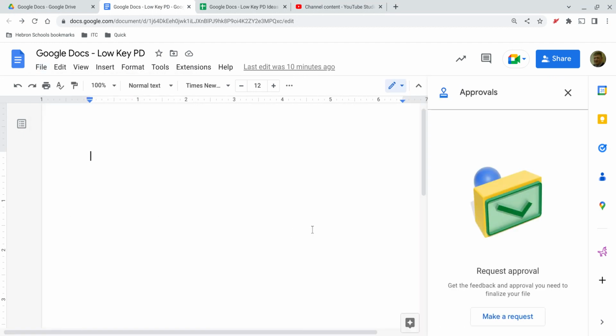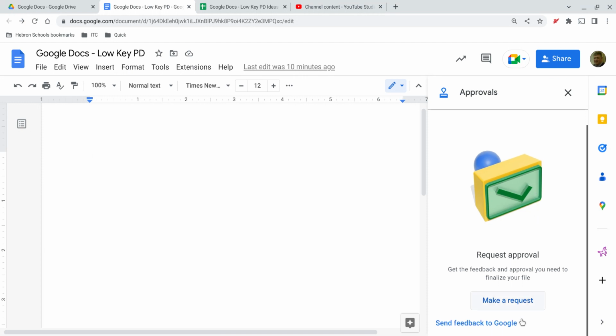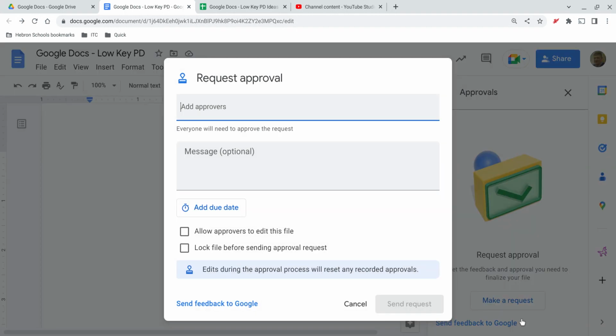And when I do that, a window opens up on the right side of my screen, Request Approval. And basically what this will do is it will do exactly what it says. It's a literal request for someone else's approval on some part or the entirety of your Google Docs. So if I click on Make a Request, Add Approvers,